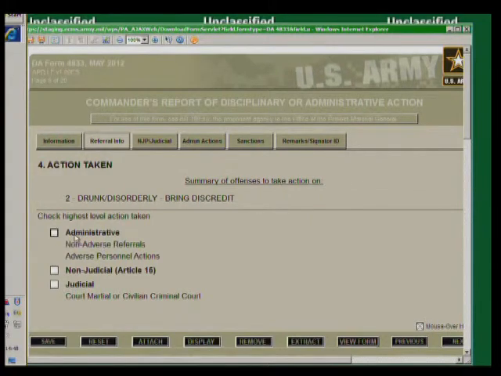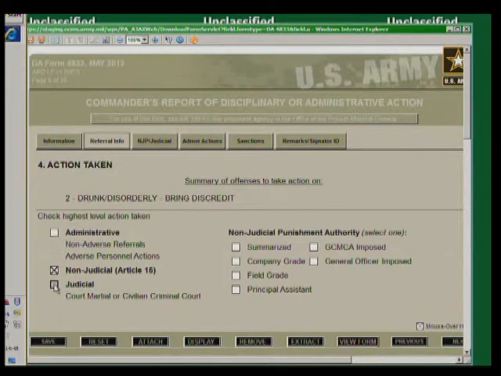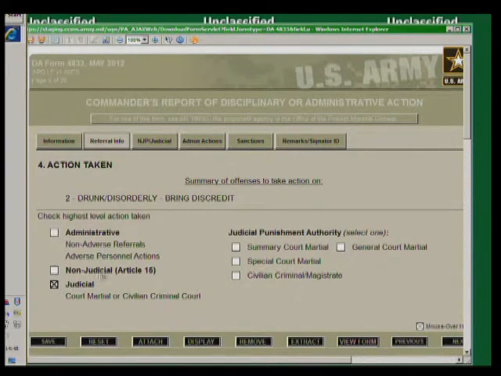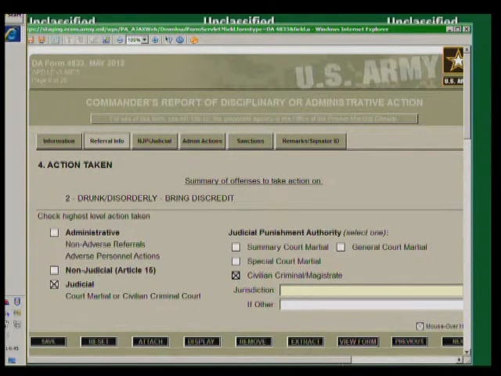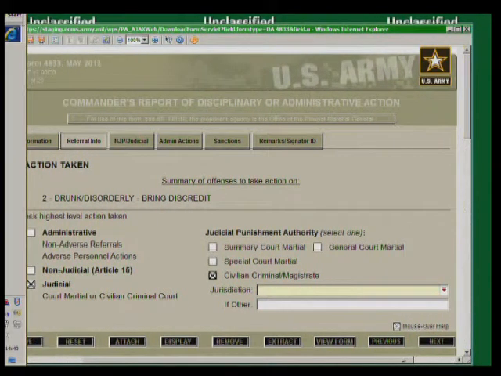If you select administrative, you are finished with this page. If you select non-judicial or judicial, you will be presented with additional choices to make. If you chose judicial, you must now check which judicial punishment authority applies: summary court-martial, general court-martial, special court-martial, or civilian criminal magistrate. If you choose civilian criminal magistrate, you will be asked to provide more specific information about the